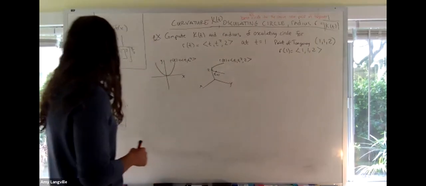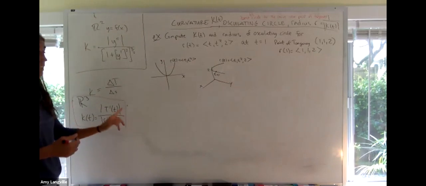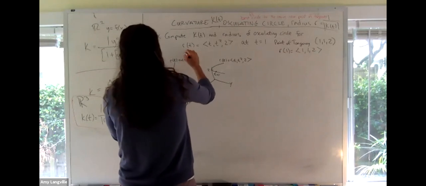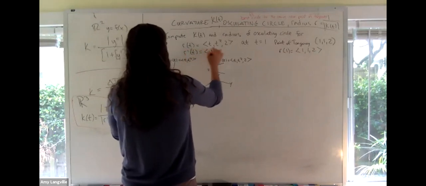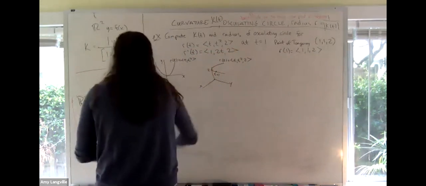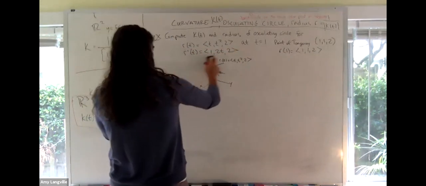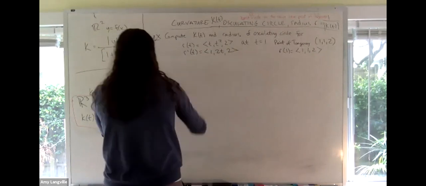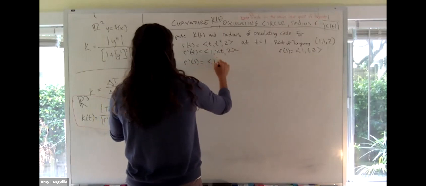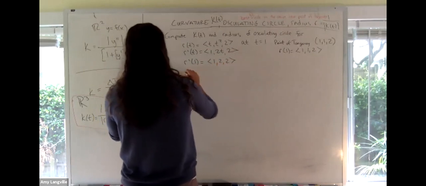Okay, so curvature, here's our formula. First we need to get derivatives and lengths. So let's start with r prime of t. No problem, 1, 2t, 2. Evaluate that at 1. That's where we're interested. r prime of 1 gives the direction of motion. And that'll be 1, 2, 2. The length of that